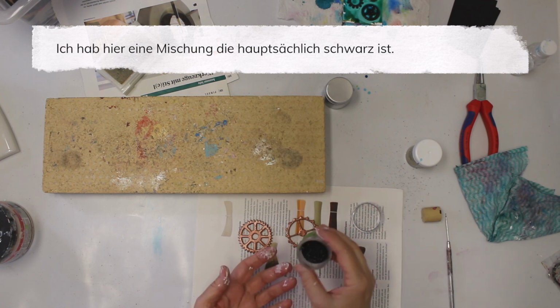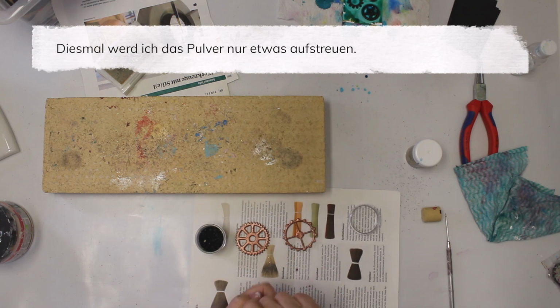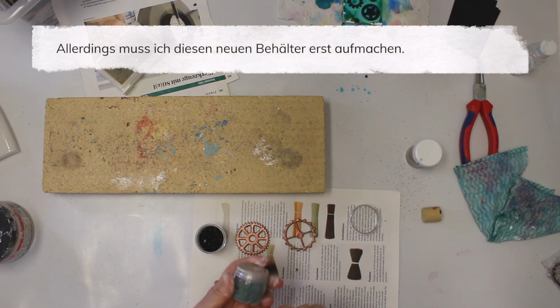Now this is a mixture with mainly black, and this time I'm only going to sprinkle it a little bit. Oh, I have to open that tab. It's really brand new for me, so